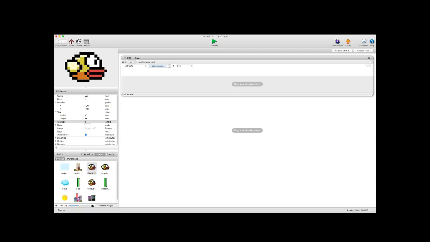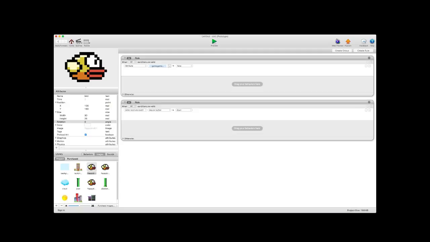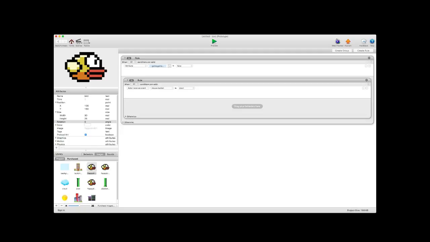Okay, so when game over is false, so the times we are playing and the game is not over, these attributes, these actions, these behaviors must come into play. So what we're going to want to do is create a new rule within that. Drag that into here. When the actor receives an event of a key press, let's select our space bar, and when it is down,